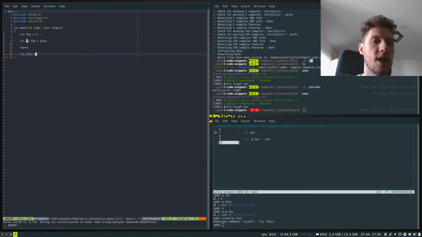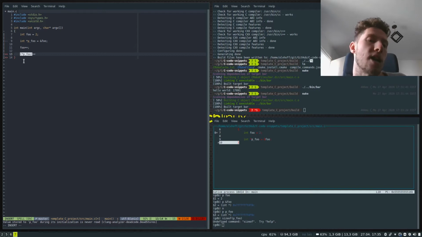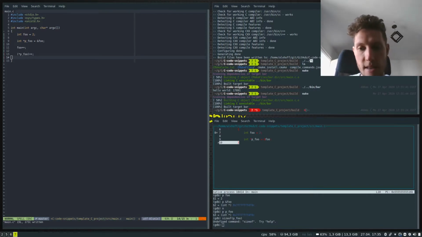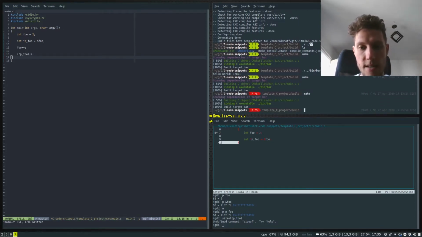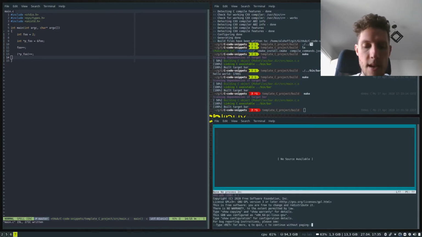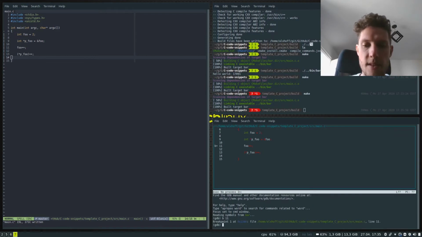So we can use this. In the brackets, we're saying, go dereference pfoo, and then the equivalent of the brackets is the variable at that location, which is foo. So now we've incremented the variable at that location. And now if we build this and debug this, and if we break at 11,